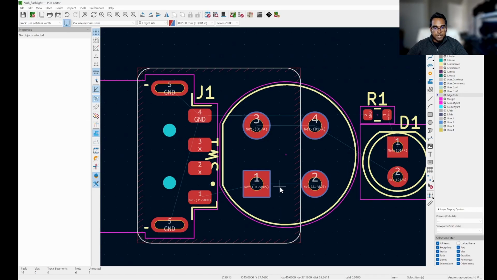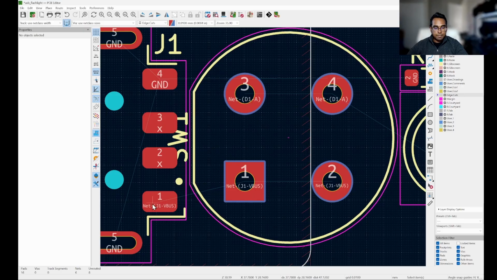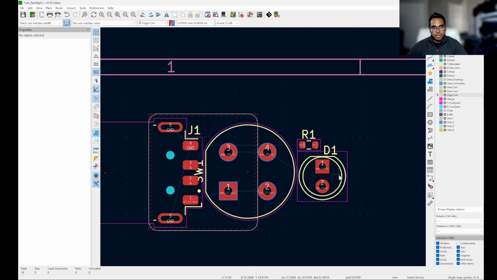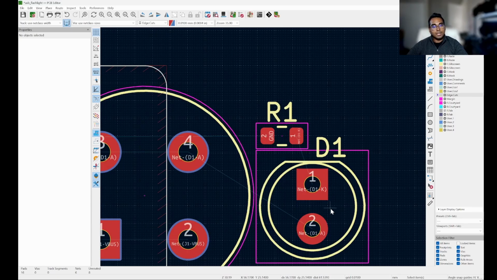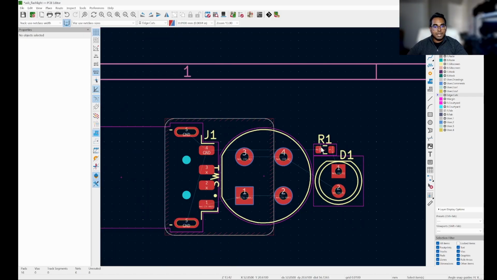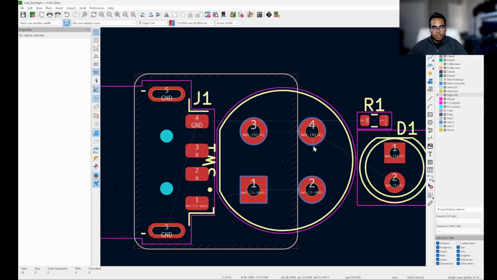So now let's see if this looks correct. VBus from the USB connector goes to pin 1 on the switch. Pin 4 on the switch goes to pin 2 on the LED. Pin 1 on the LED connects to the resistor, and then the resistor connects to ground. That looks great. There is one small change that we can make to optimize this a little bit, which is that